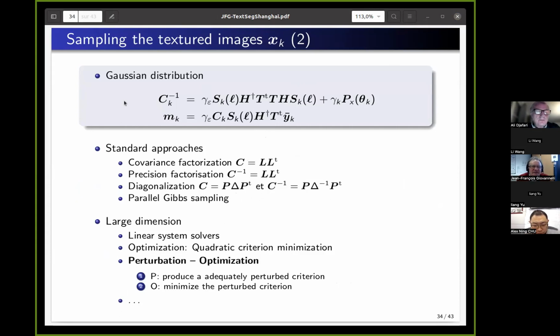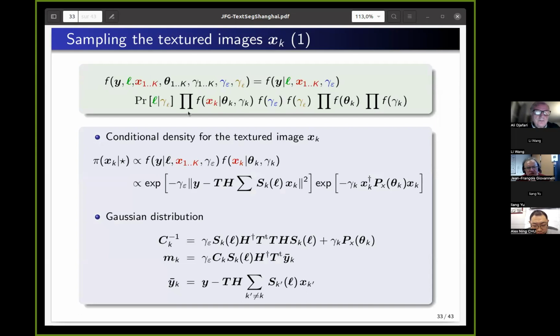I didn't give the details. I will try to give some more and to point to a paper that describes that. Let me mention first that we have a Gaussian model because we have a linear system and a Gaussian noise and a Gaussian prior. So we are able to compute the mean and the covariance or the inverse covariance, or the precision, of the Gaussian that we need to sample. And for this part, we have something coming from the prior that is stationary and that can be computed, manipulated in the Fourier domain. From part of this one also, this is a convolution matrix, so we also have the possibility to manipulate that in the Fourier domain. But